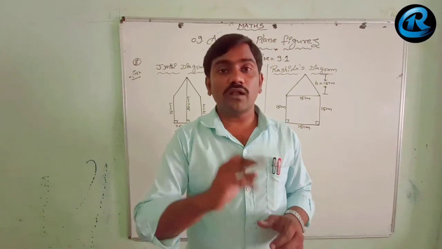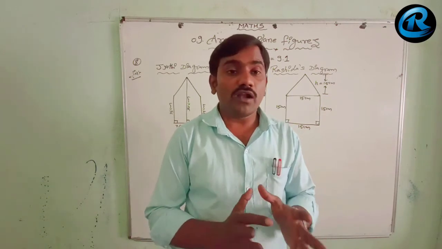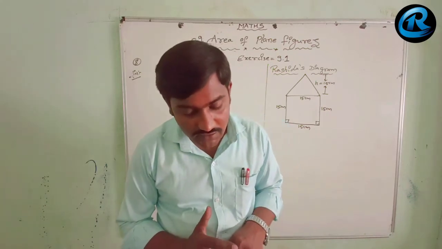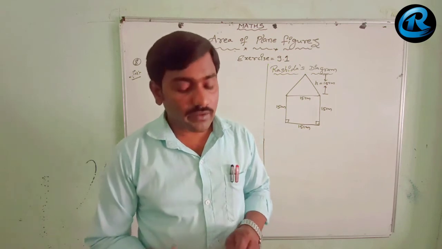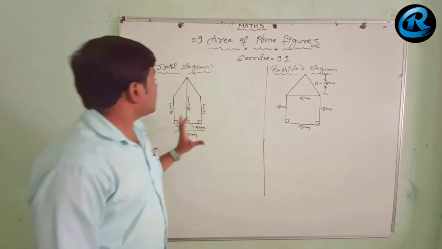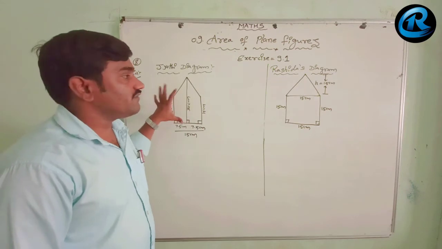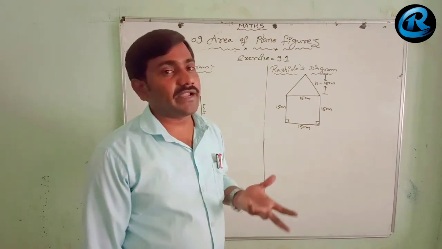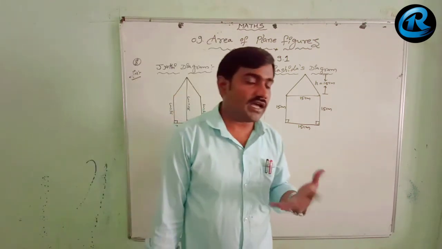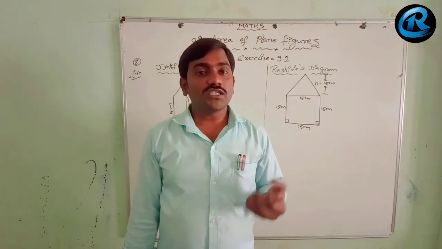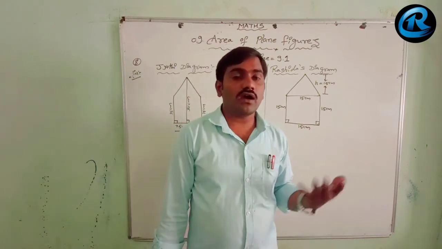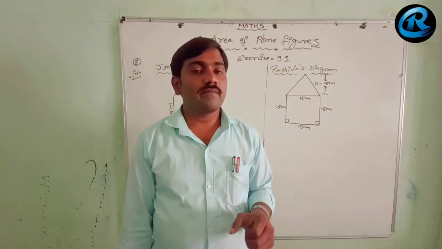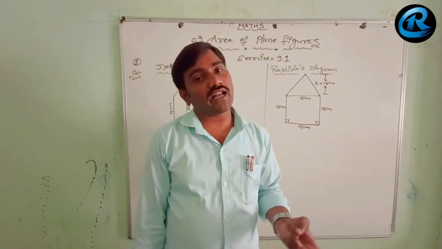What is the meaning of pentagonal? Pentagonal means a polygon which has 5 sides. So that 5 sides ఉంటే దాన్ని pentagonal అంటారు. 6 sides ఉంటే hexagonal. 7 sides ఉంటే septagonal. 8 sides ఉంటే octagonal. 9 decagon will be there. A polygon which has 4 sides is known as a quadrilateral. A polygon which has 3 sides is known as a triangle.